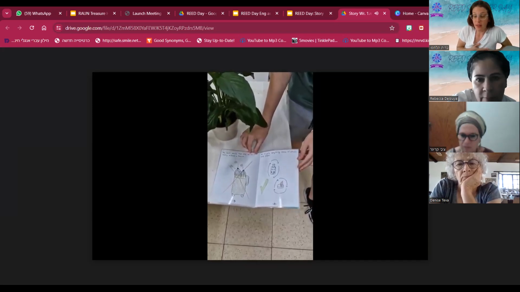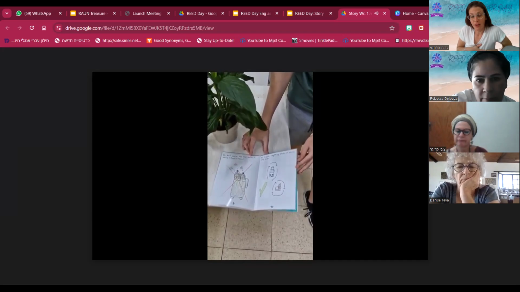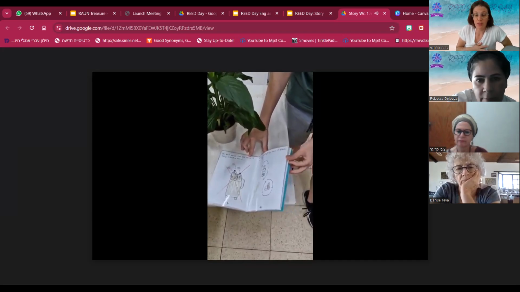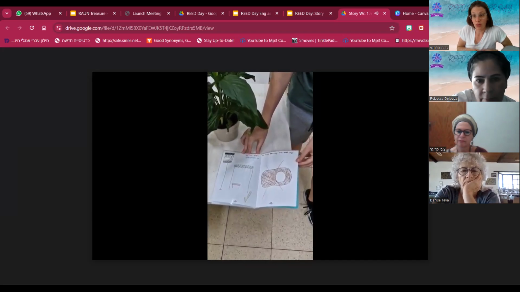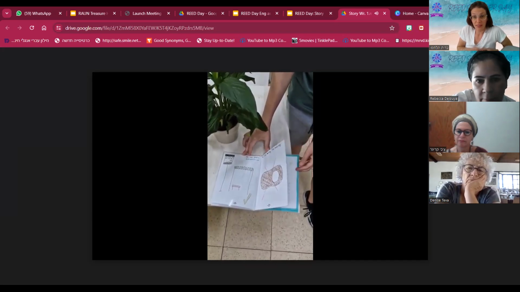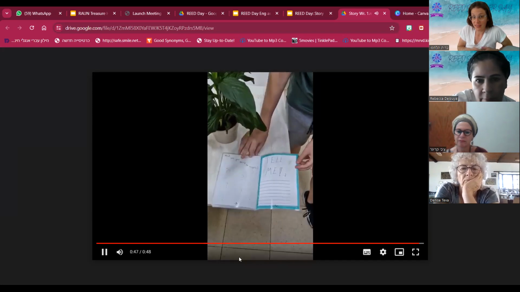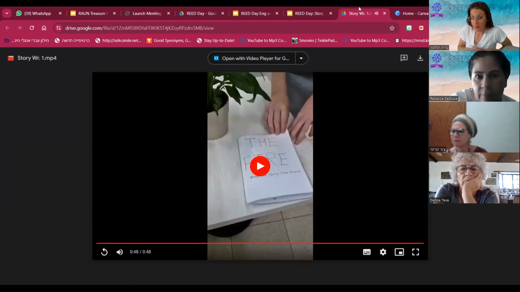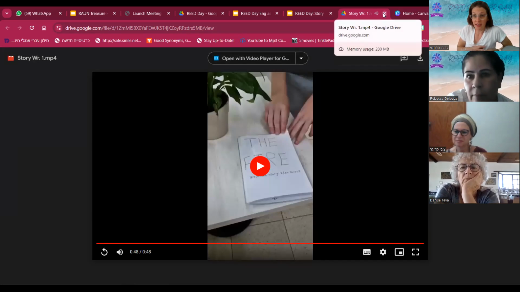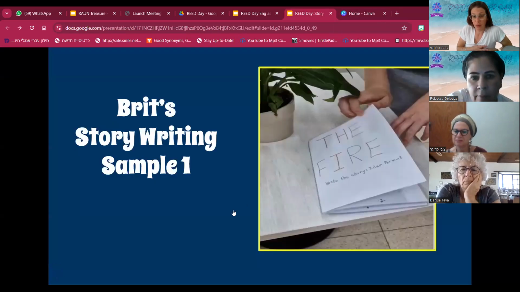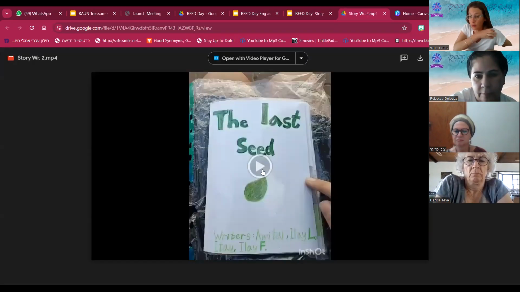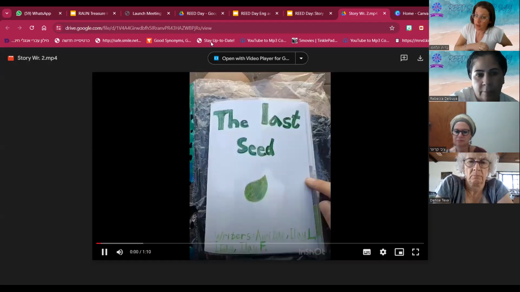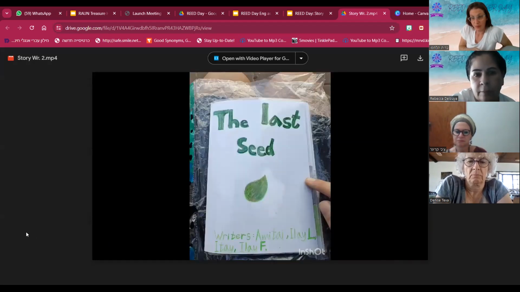So it's all about how he went with his family out to the forest and there was a bushfire and what we as humans can do in order to reduce bushfires and how we can save the planet. Okay. Amazing. Now I want you to take this one and compare it to the next one we're going to watch, and tell me which one of them you think is a higher level. They worked in groups, by the way. So some of them drew and some of them wrote.